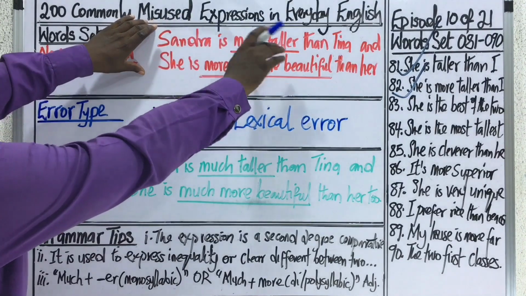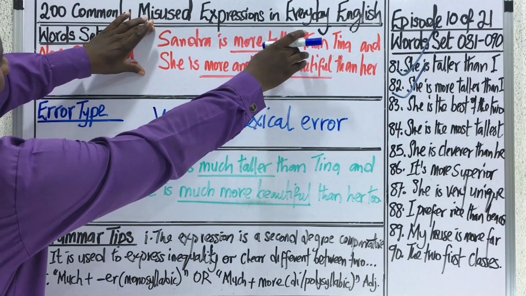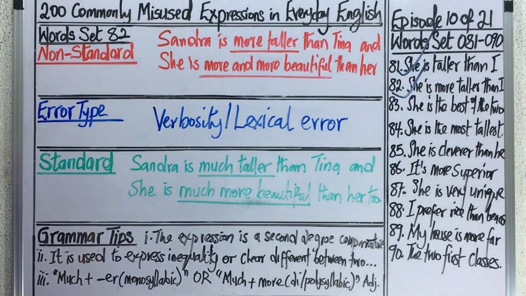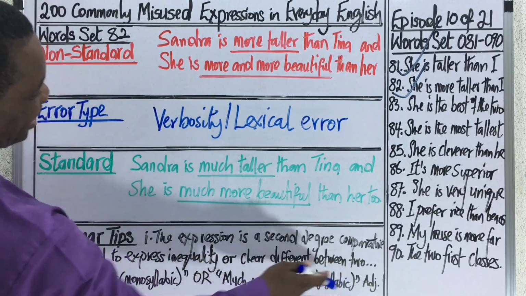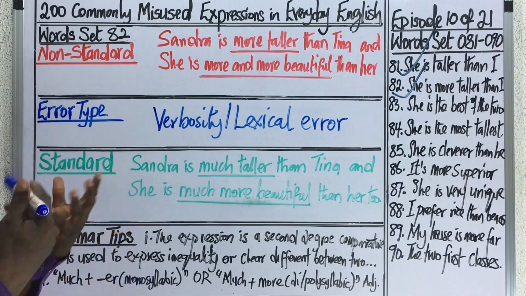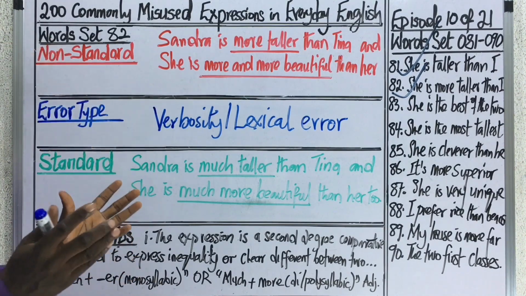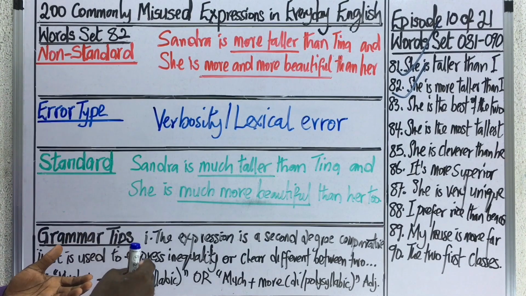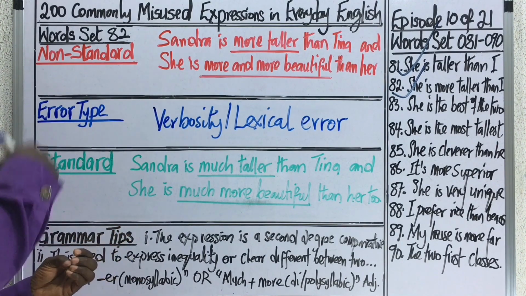At ordinary level English, we do explain that this word "more" cannot be used with an adjective with ER. But with a detailed explanation, I would like you to know today that when you want to express a clear distinction between two items, we have three levels of comparison of adjectives: positive, comparative, and superlative. At positive level, you are describing just one item, and at comparative level, you are describing two items or two persons. And then at superlative level, you are describing three items or three persons.